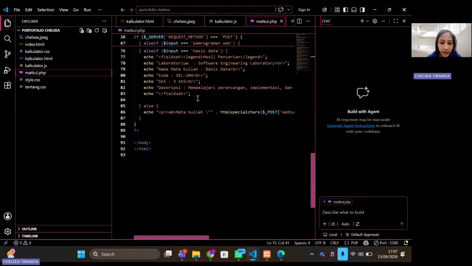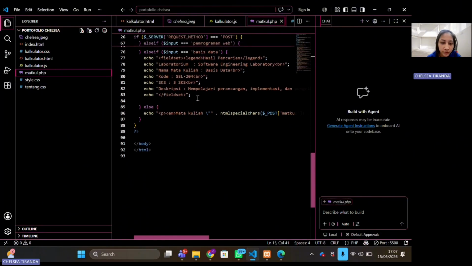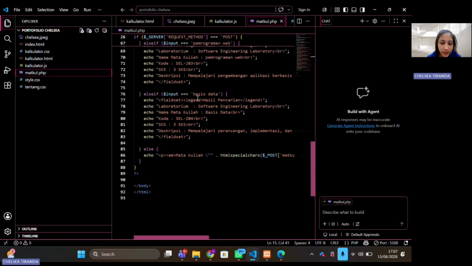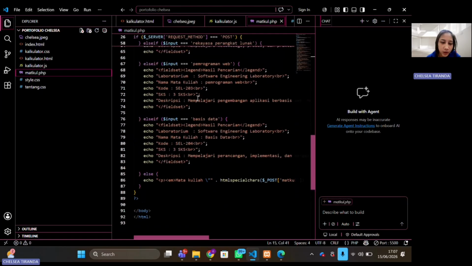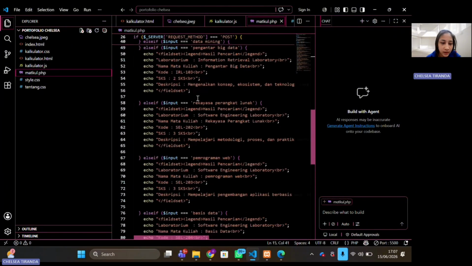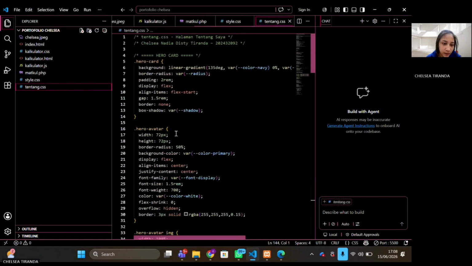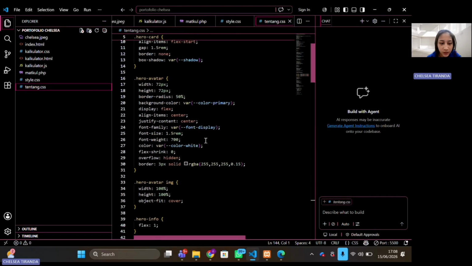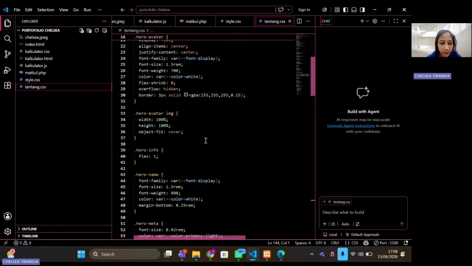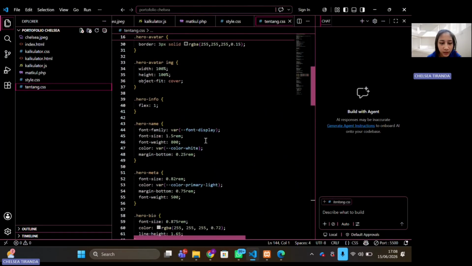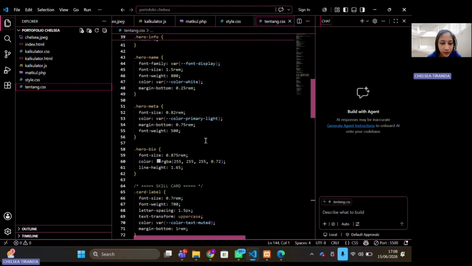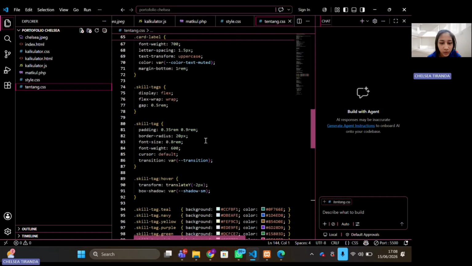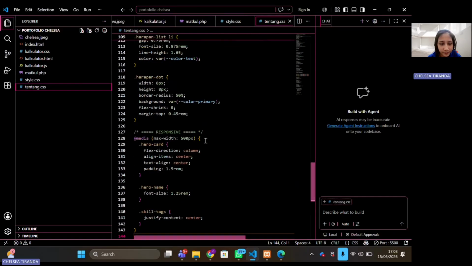I also add a media query for screens below 500 pixels to keep the layout neat on mobile devices. As for Tentang CSS, it contains styling specific to the About Me page, such as the hero card, avatar appearance, skill text with different colors, and the hopes list with a tilde bullet.